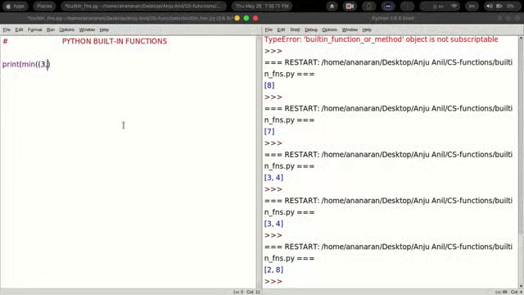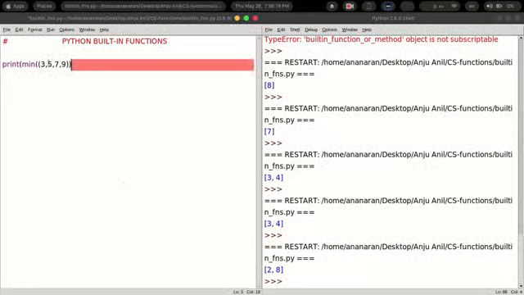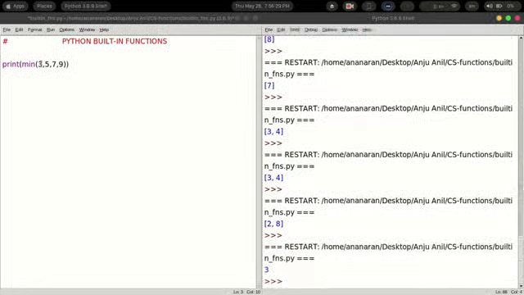Suppose I am using 3, 5, 8, 9, and I see the output. You can see the output is 3, that is the minimum in this group of numbers. So you have to mention either square brackets or round brackets to get your answer. Simply mentioning the numbers without brackets is not enough.